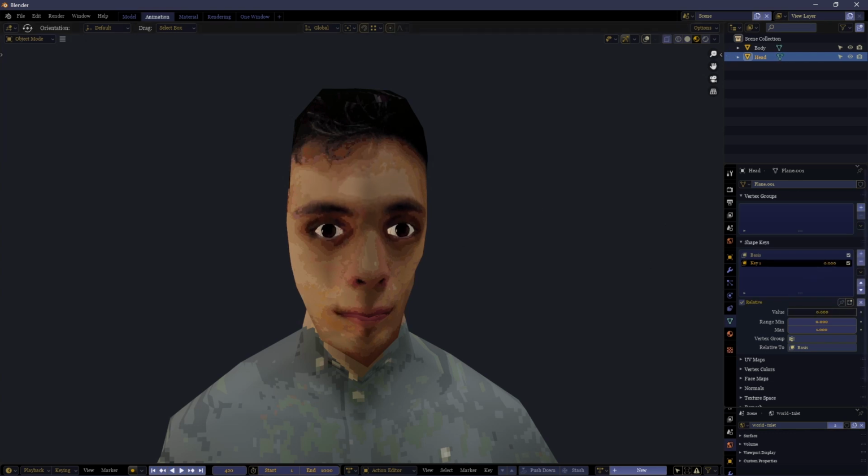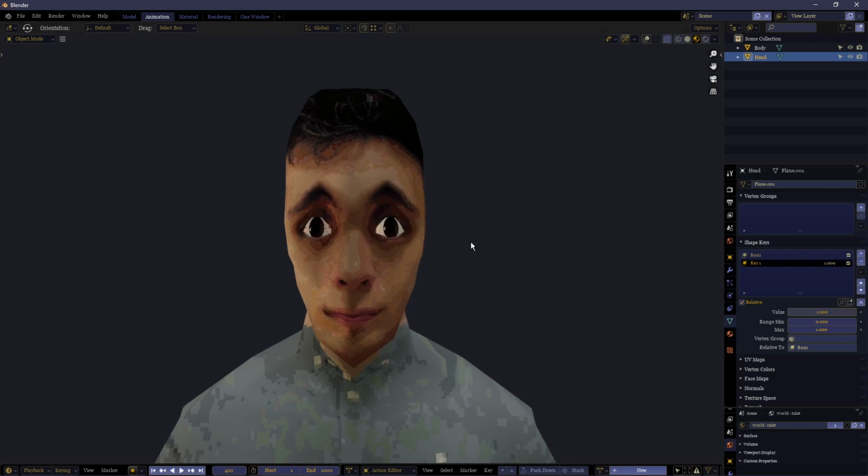But rather than have a left version and a right version, we're going to duplicate this shape key by putting this to 1. If you have other shape keys, these all need to be on 0. Make sure it's only this one on 1. Alternatively, you can just click this shape key lock here, and then even if you have other shape keys which are activated, it will only show the one that you have highlighted. So either or, with only this particular shape key selected, go down to the arrow here and choose new shape key from Mix.